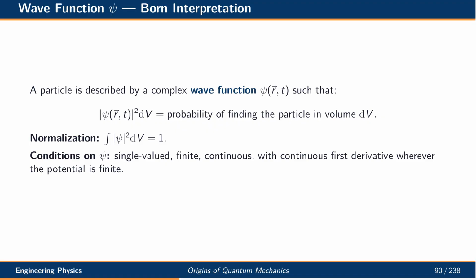A quantum particle is described by a complex wave function psi. According to Born's interpretation, the squared modulus of psi gives the probability density of finding the particle at a given location. The wave function must be normalized so that the total probability is 1. Physical conditions also require psi to be single-valued, finite, continuous, and to have a continuous first derivative wherever the potential is finite. These conditions ensure that probabilities